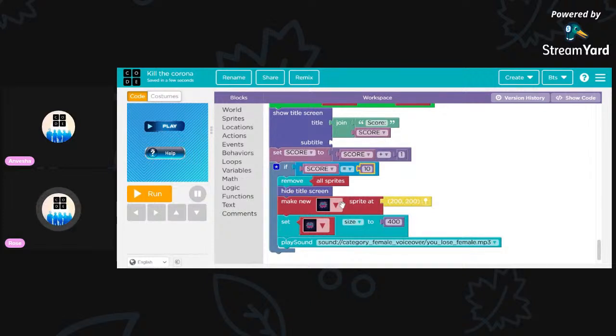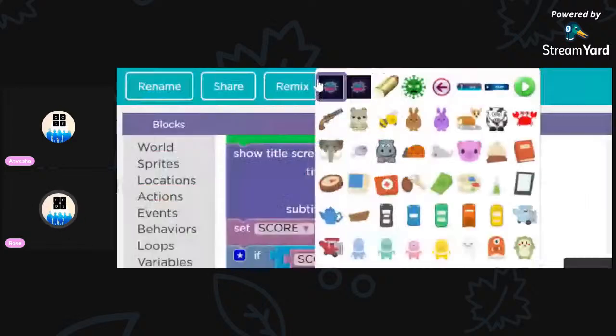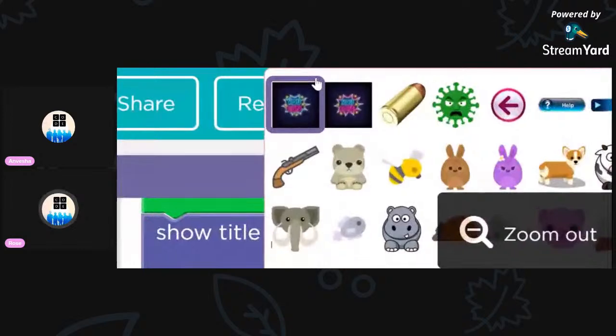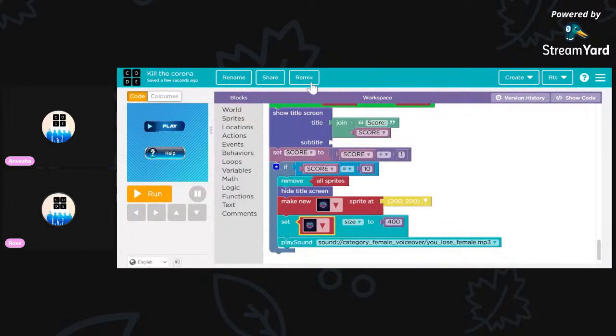Okay, so here instead of the you lose sprite, I'm gonna add the you win sprite, and also make sure you are adding the proper one because both are way too similar. And I'm not forcing you to use only the sprite which I used. You can use any sprite from Google, तुम्हारी मर्जी का, तुम कोई भी स्प्राइट यूज कर सकते हो।